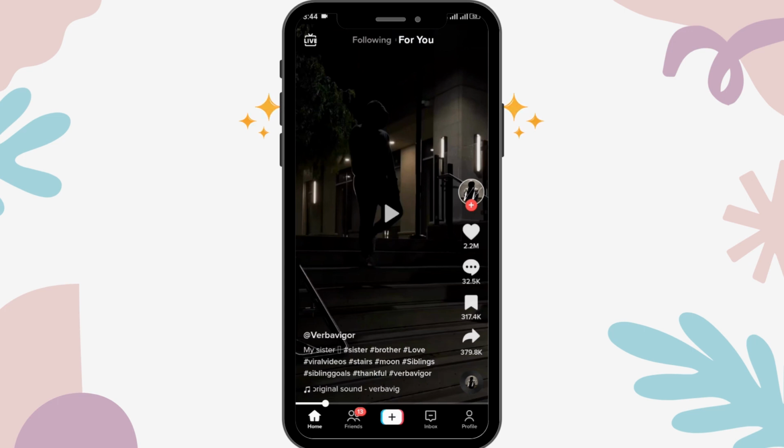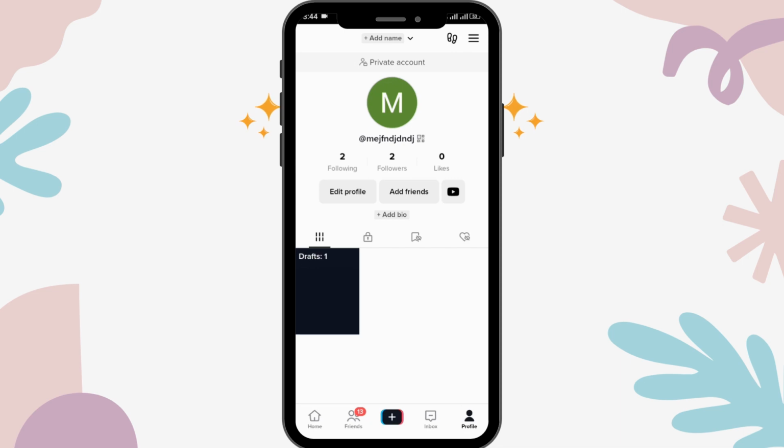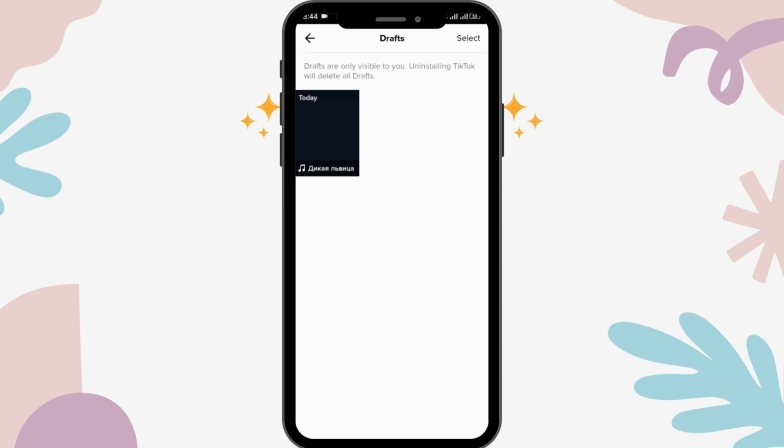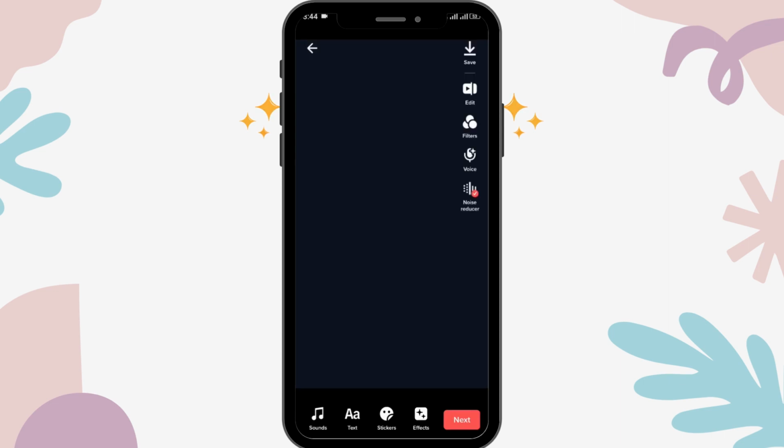For that, you can tap on the profile option in the right bottom corner. And here you'll be able to see your profile as well as the video on your draft. So you can tap on the draft video that you want to post, and once again you have to tap over that. And if you want to edit the videos, then you can edit from over here, and once you are done editing the video, you can go for next,